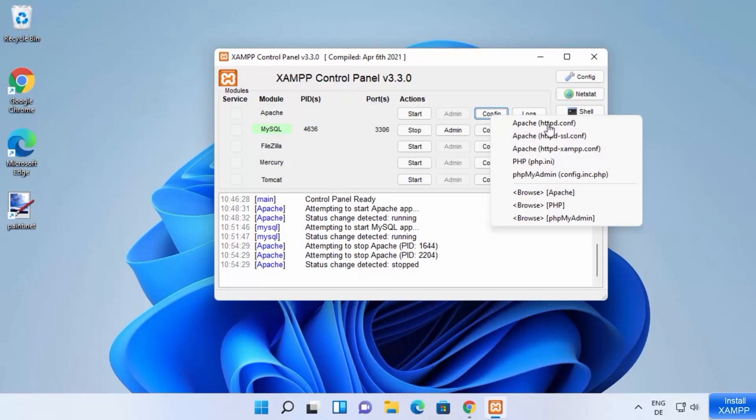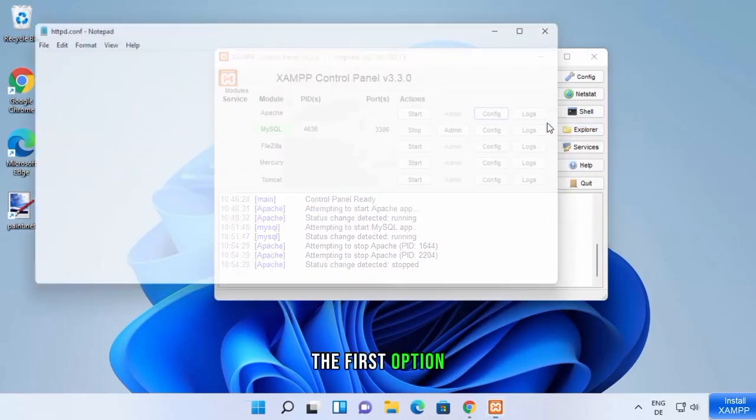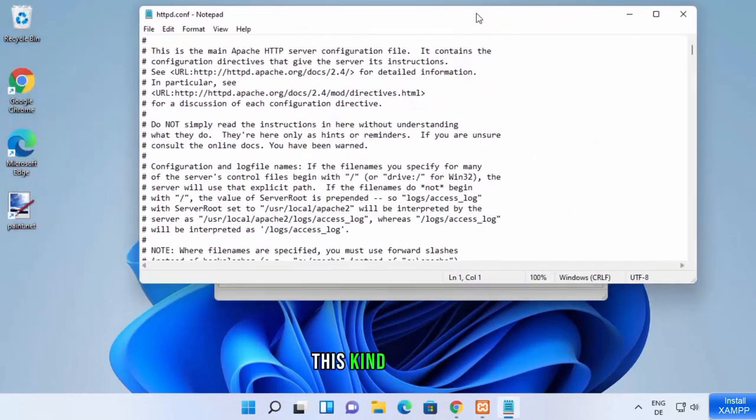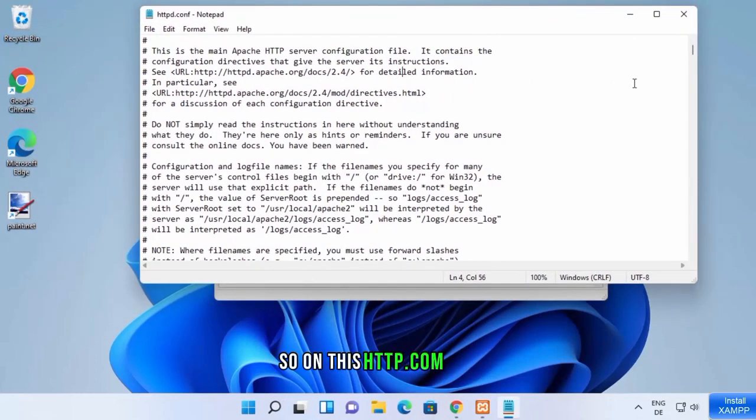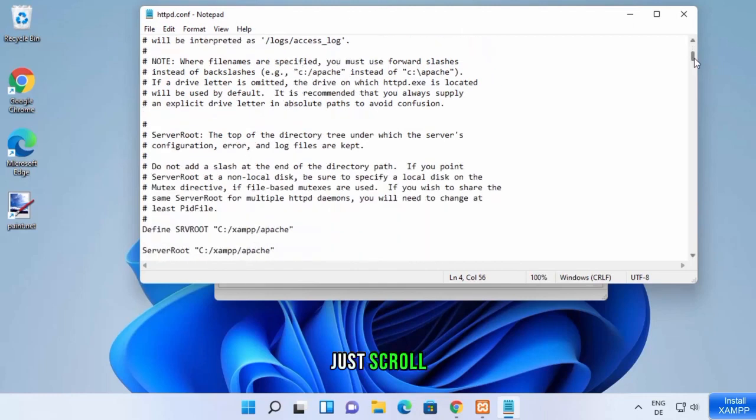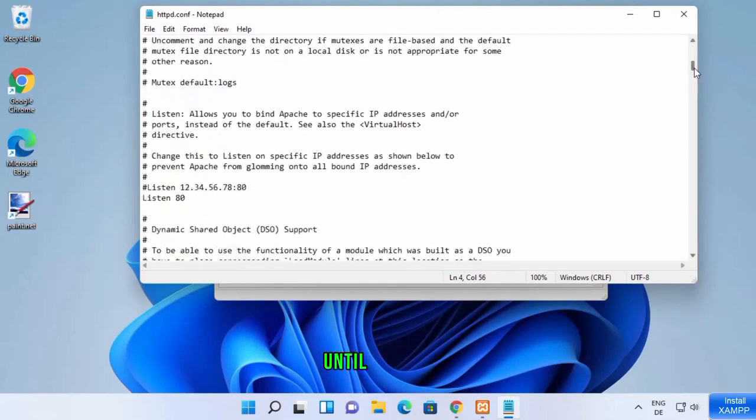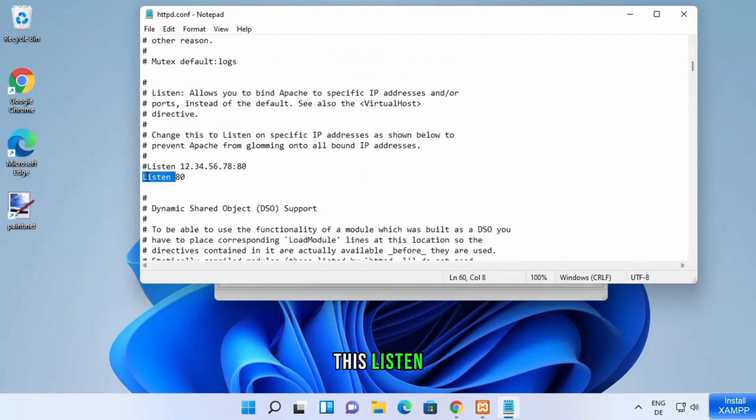I'm going to click on the first option, which is going to open this kind of file. In this httpd.conf file, just scroll down a little until you see this Listen keyword. You can see the default port right now is 80. I can change this port to something else. So let's say I want to change this port to